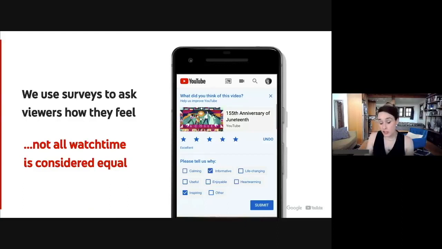We don't yet share this data with creators today because we often don't have enough significant data on an individual video for you to really make significant conclusions around it. So sometimes an individual video might only receive 5 responses. Now that information is valuable to us because we can still train our prediction models and identify stuff that's satisfying in general. But for an individual creator, sometimes that's not enough data to act on. We are looking at adding more satisfaction data and externalizing it to creators.